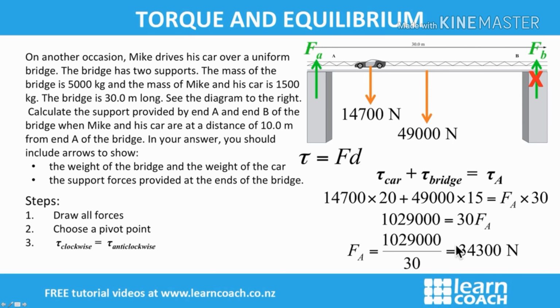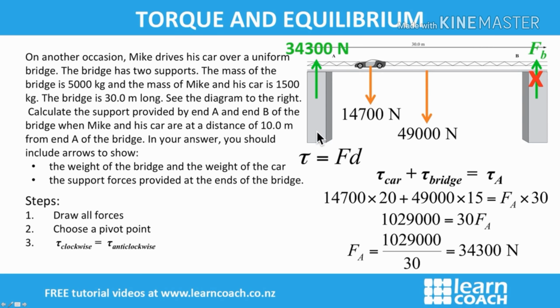And in that case, because we've found support force A using the pivot point B, I would always recommend using the opposite pivot point to the point you're trying to find. But we're going to carry on with this question, and now it's easier for us to find the force on B. So if we write this into our diagram that the force on A is 34,300 newtons,